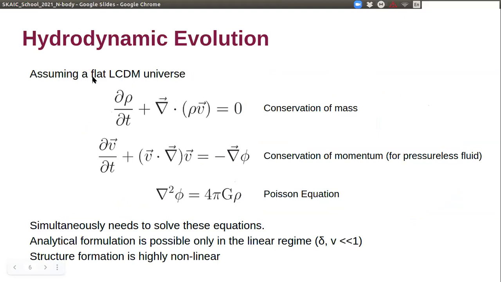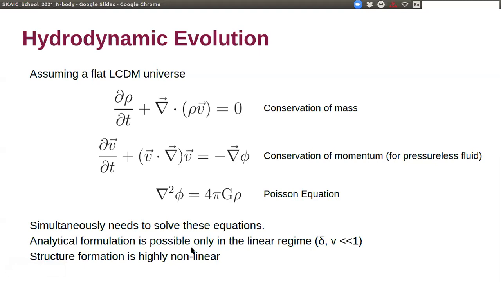However, in order to get the actual picture of the nonlinear evolution, you have to solve these equations simultaneously. And as already mentioned by the previous speaker, an exact nonlinear solution of these equations is not possible.